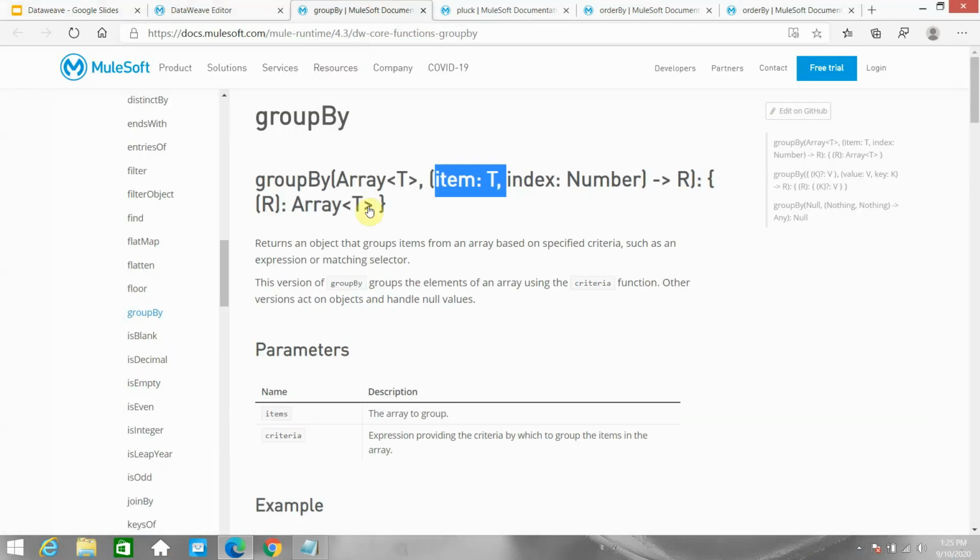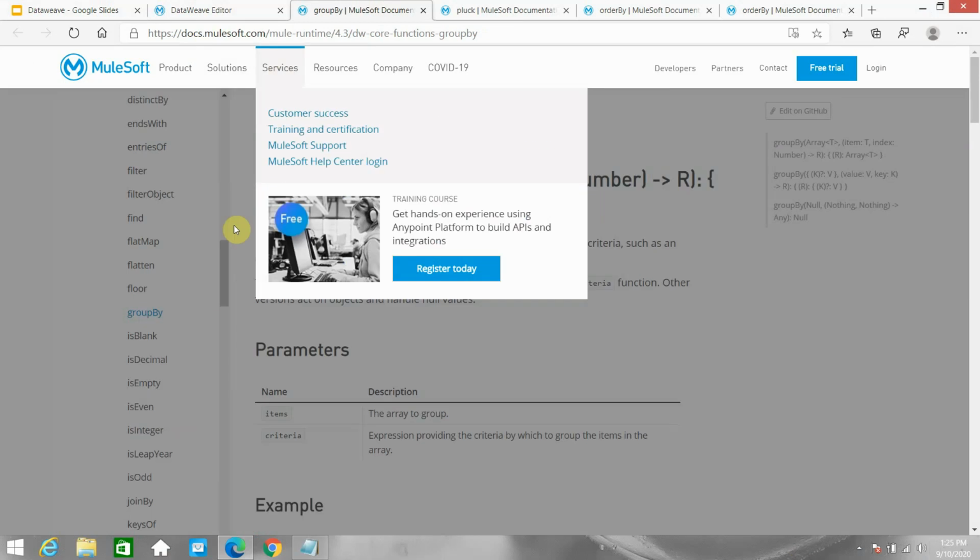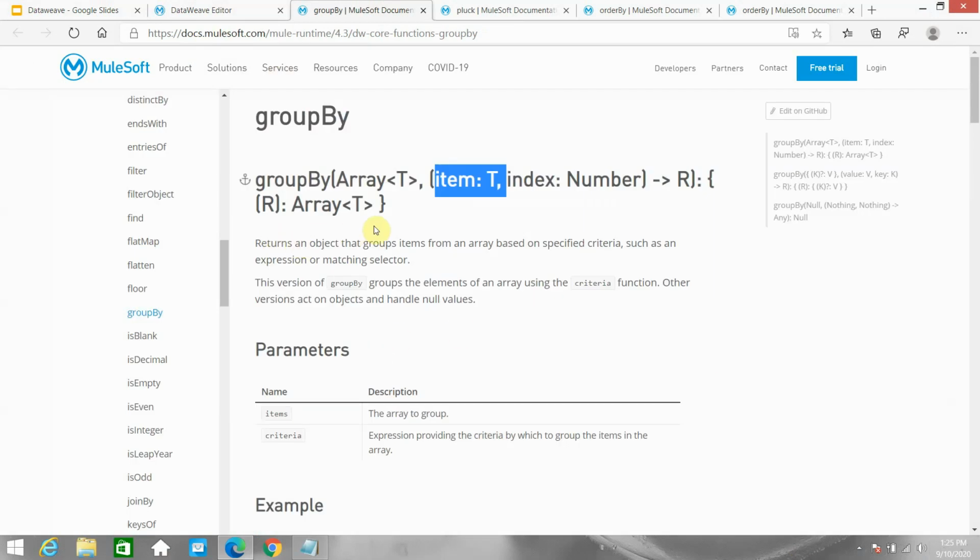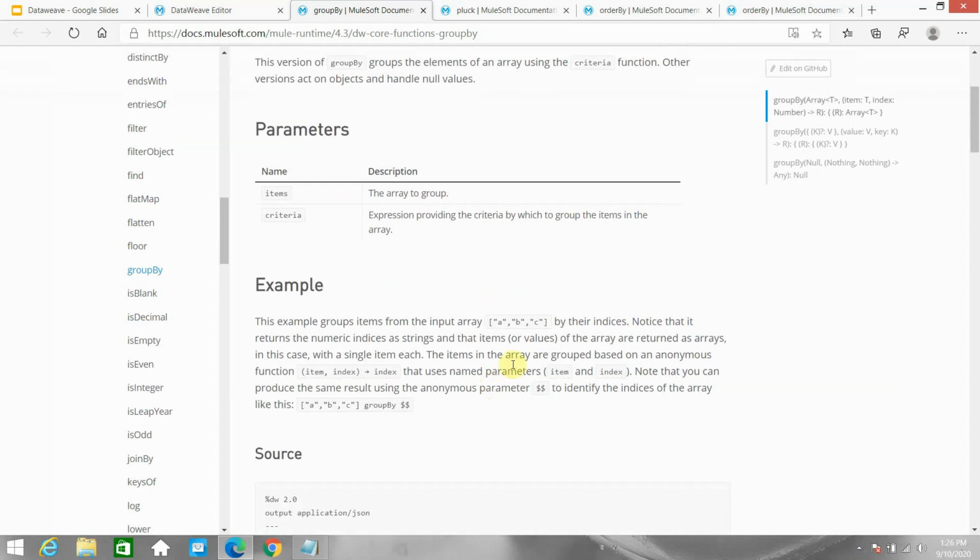Let's start learning what are the different parameters taken by group by. Group by returns an object that groups the items from an array based on the specific criteria, an expression on the matching selector. This is the group by function which takes the array, can access the item and the index, and it always returns an object.